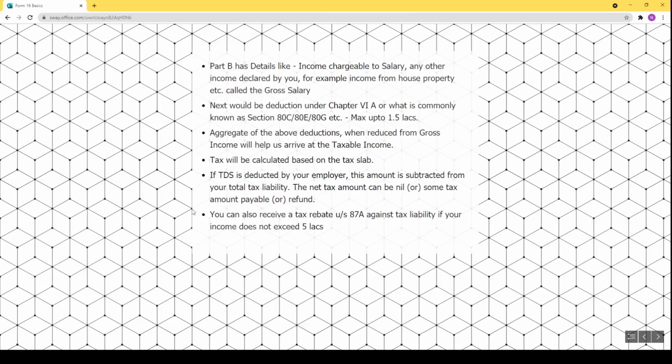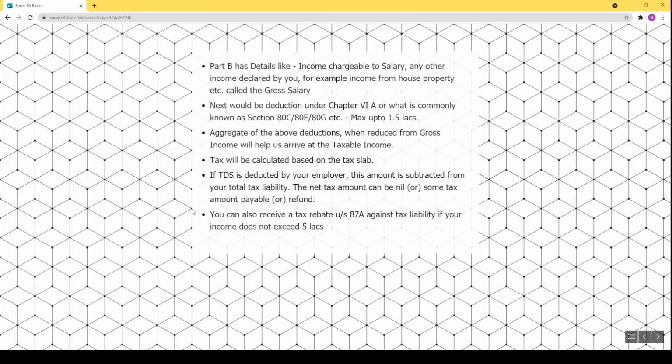So aggregate of whatever investments you have made, when it is reduced from the gross salary, that will become your taxable income. Once you have taxable income, there would be a tax liability that is calculated on it based on which tax slab you fall in.